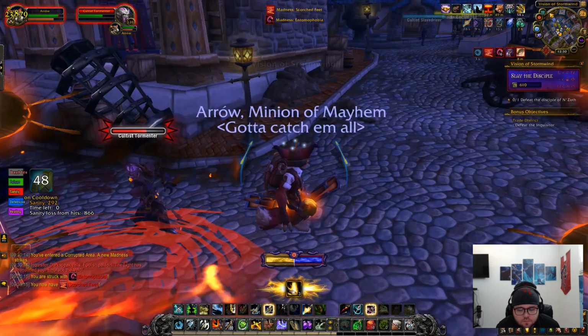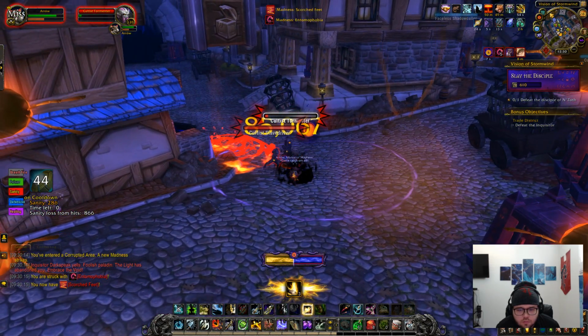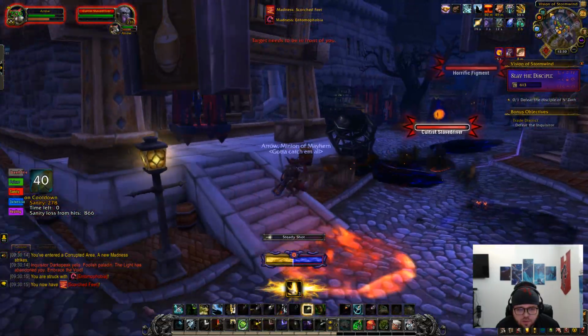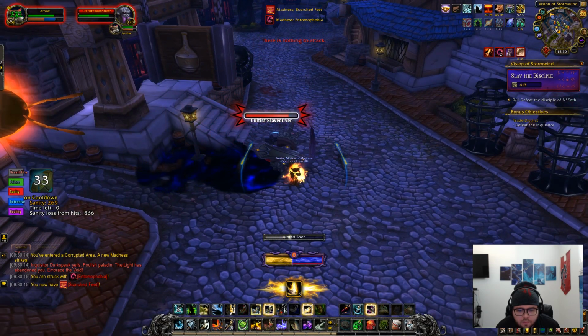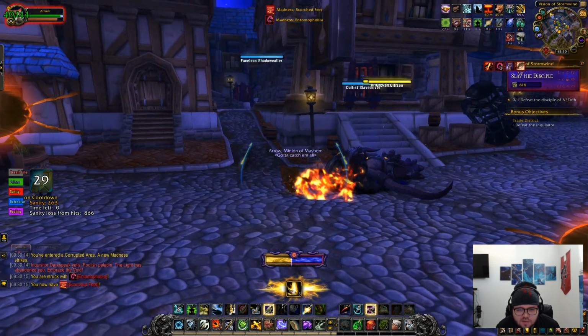Alright, we're good. No more peekaboos. Kill Slave Driver next. Slave Driver, you gotta be careful not to get hit by his AoE. I know I'm a little bit low on Insanity, though. But you can get that back with these two bosses, so...